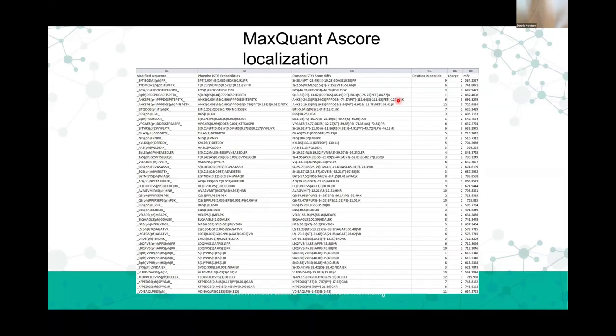We use MaxQuant, and it has an implementation of this that's actually pretty good. And so you can filter on this. There are times when it may give you a 50% score, and you think, oh wow, that's awful. You're grading your student's test. There's an F. But if a peptide has 2 serines and the data shows 50%, it's one of those two, right? You're confident that one of them is phosphorylated.